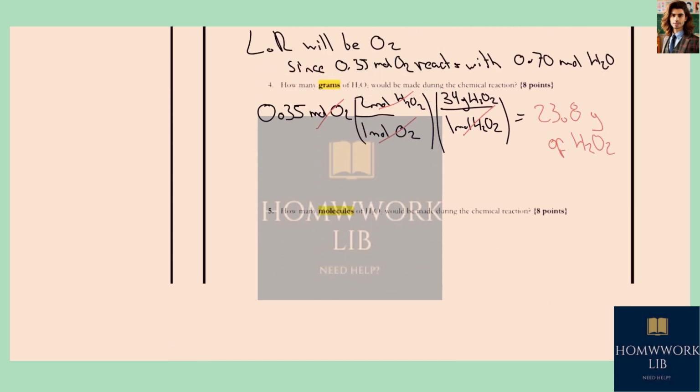Now, how many molecules of hydrogen peroxide would be made during the chemical reaction? In this case, we know that the amount of molecules is going to be related to Avogadro's number, since it is going to be equal to the amount of mole of H2O2 times the Avogadro's number. The amount of mole that it would be produced is going to be 0.35 times 2, the intermediate step over here, so we're going to get 0.70 mole